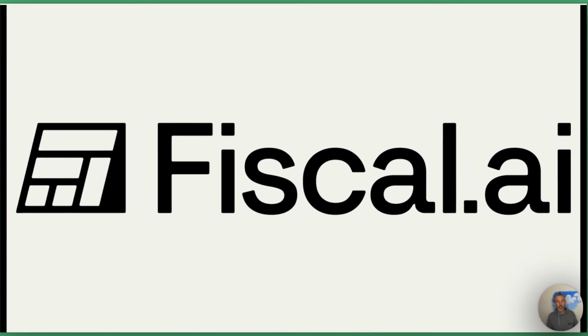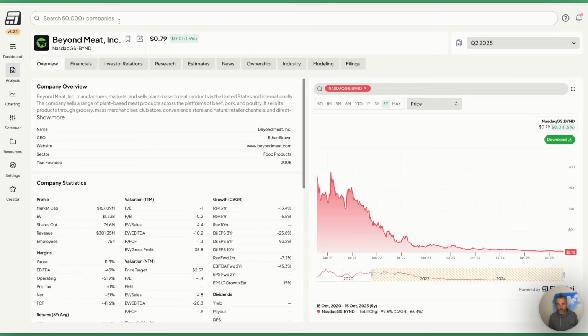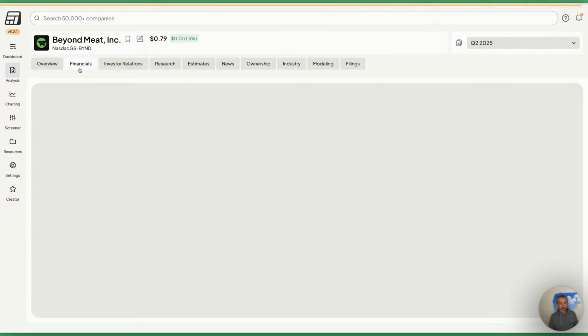So if we head on over there, I've typed in Beyond Meat. Now you see what Beyond Meat has done as a stock. It's just gone down and down and down and down. It was once trading for as high as $178 per share. Now it's under $1. And if you want to see why, look no further, click on financials here, and we